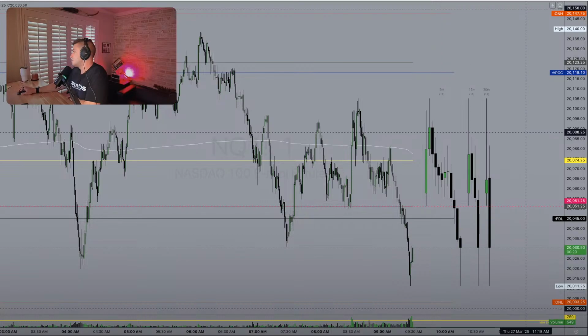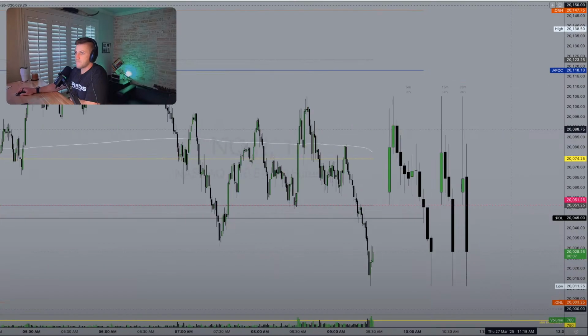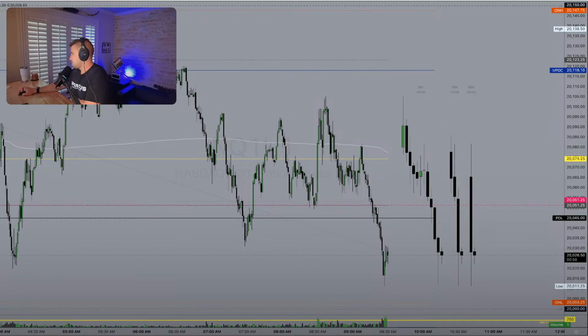This pink line on my chart is Sunday's open as another reference point there. Just keeping an eye on that area. All right, there's the open.